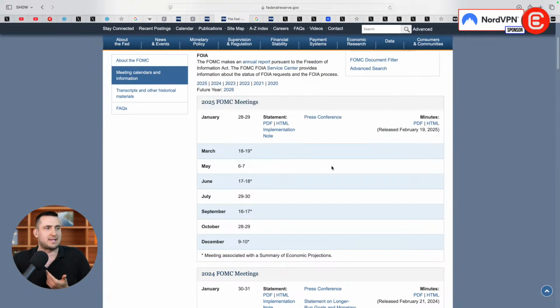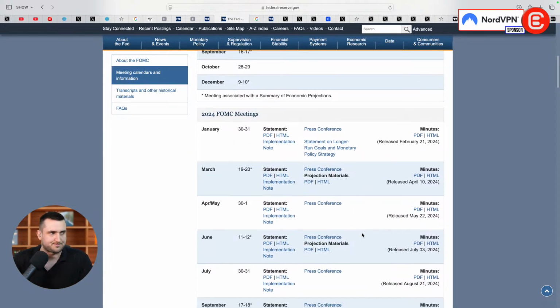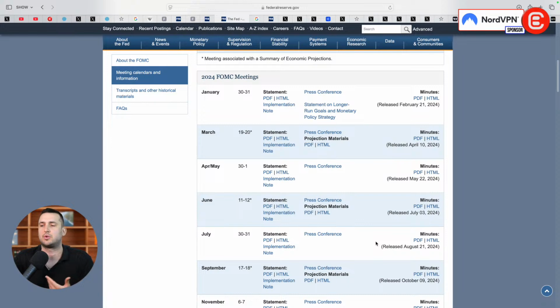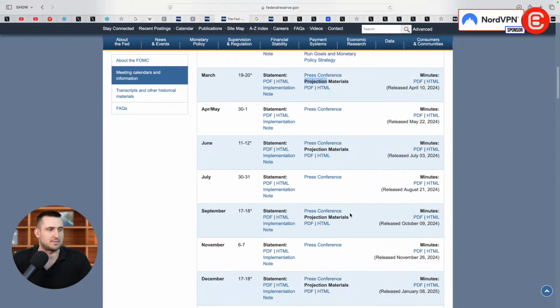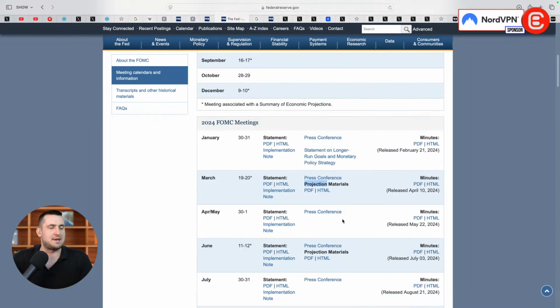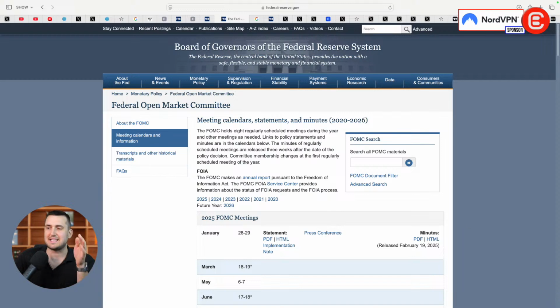But there's one thing that is also super relevant, and that is that they have something called the dot plot. And they put this dot plot out at every quarter. So we had one last year in March, one in June, one in September, one in December. And they put this out, and the 19 members project what is going to happen in their opinion with interest rates in the coming year and the following 2-3 years and long term. Okay, that's basically what it is.